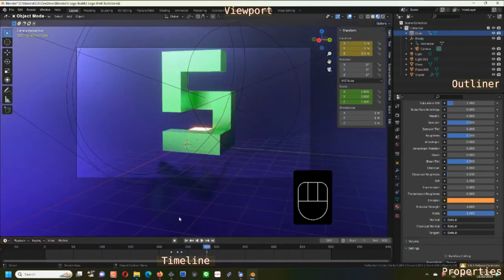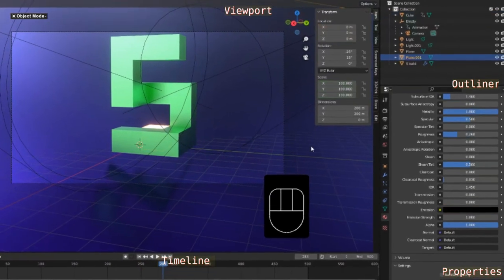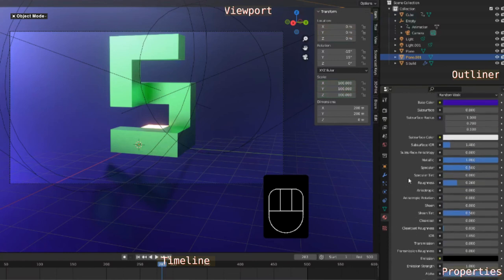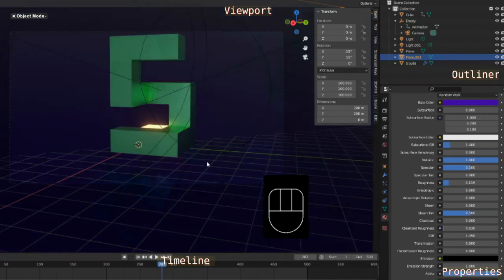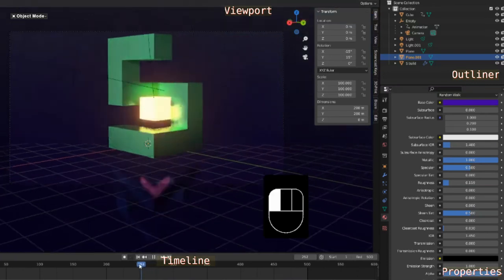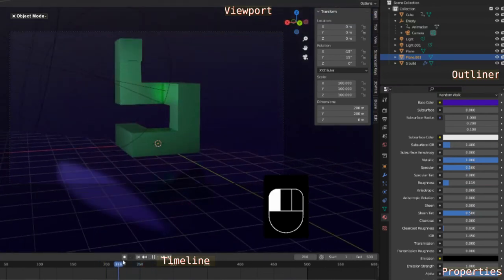That will just about do me for the rest of the time. I'm really just trying to fine tune to get more reflections. At the moment I'm in the plane, and I'm trying to see whether I can get more reflections. I'll change it to the render view. I thought I had it in render view, but it wasn't. It's a little bit dark now. I need to get more light onto the project.